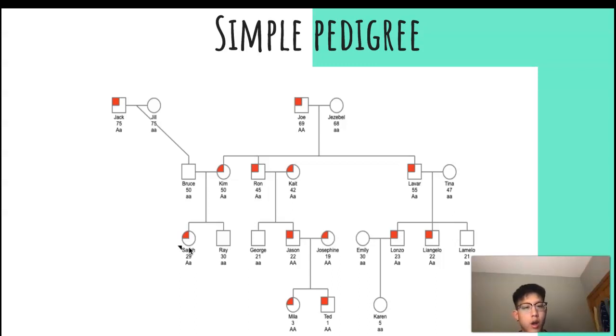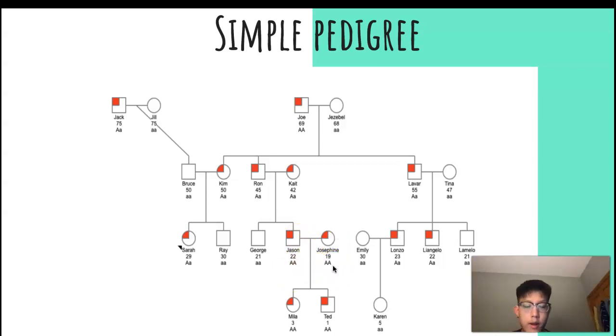This is just a small representation of a possible lineage over successive generations. For example, let's take Ron and Kate. Because they're both affected, and they have children, George and Jason. Let's say, for example, George and Jason, if both of them are affected,